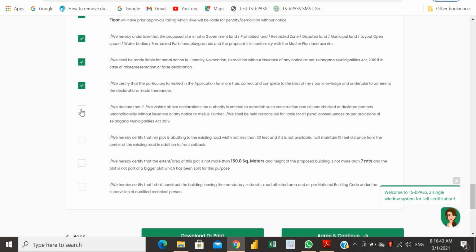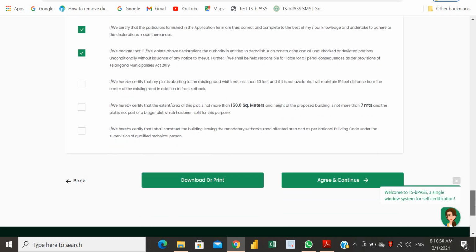I declare that if I violate the above declarations, the authority is entitled to demolish such construction and all unauthorized or deviated portions unconditionally without issuance of any notice to me. Further, I shall be held responsible and liable for all penal consequences as per the provisions of the Telangana Municipalities Act 2019.